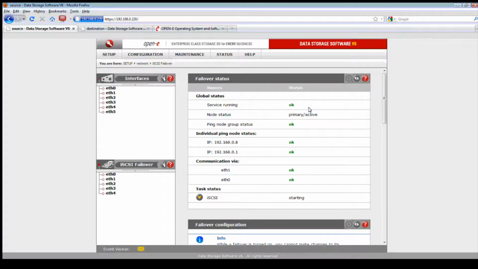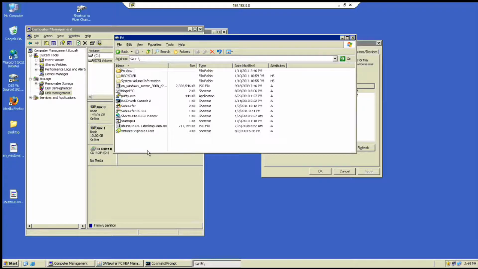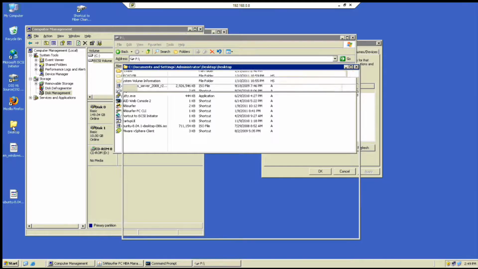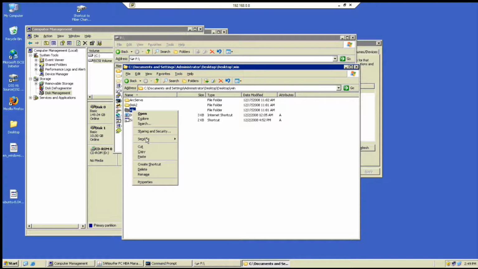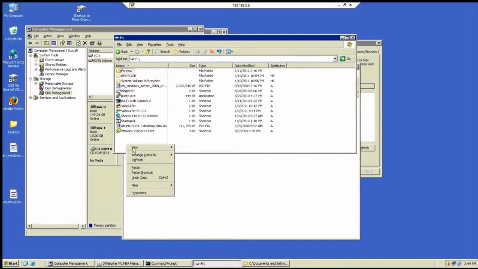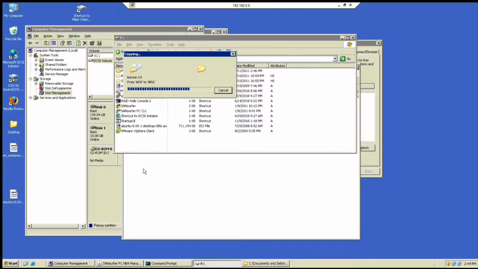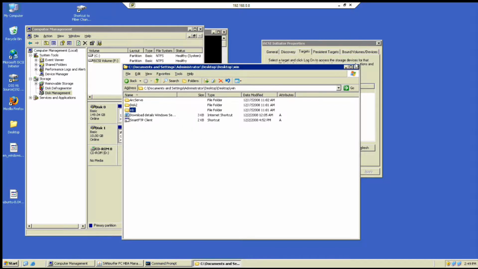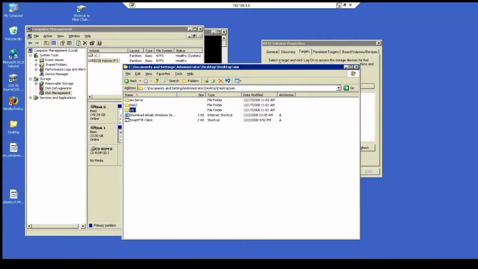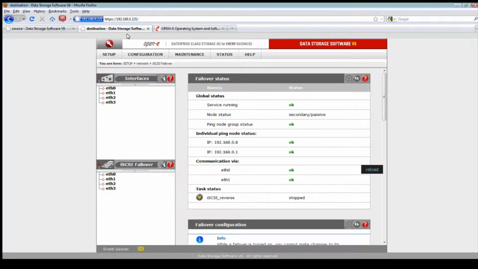So there's a lot of error checking that's happening right now before it finally completes the passover. And now the node is passive. So it's updated itself. Here we have the secondary now is passive. It'll go into degraded mode in a few seconds. The primary is now active. All data is being written.